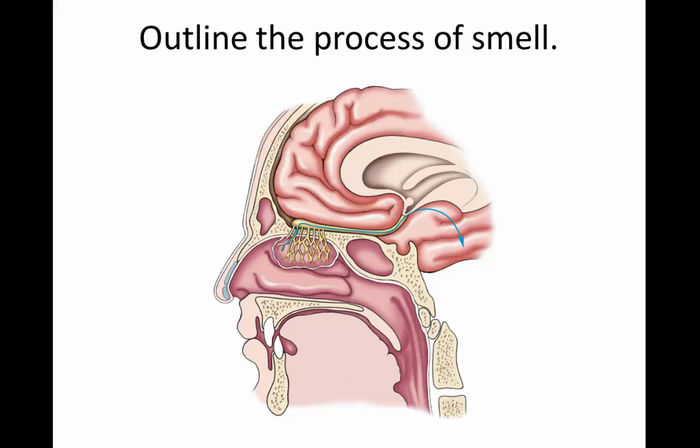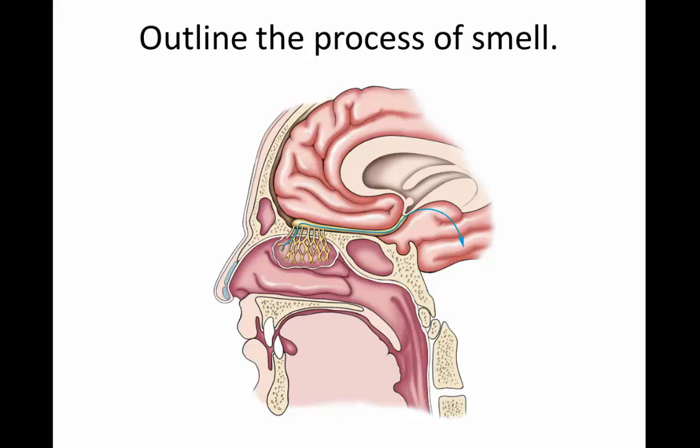Smell is another process that has chemoreceptors. Ultimately, when we're smelling, we're smelling chemicals in the air. So if you've ever walked into a room, let's say, where someone's baking cookies and it smells really good, it's because as those cookies bake, things like sugar and so on are being given off by the cookies into the air, and as you breathe in, those chemicals are going into your nasal passage here, and then you have chemoreceptors